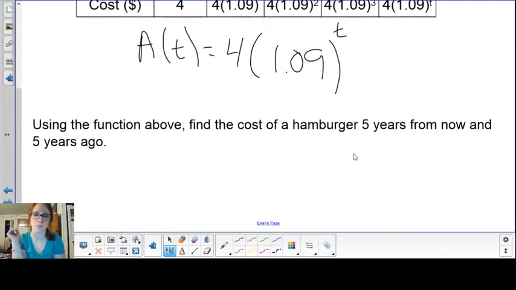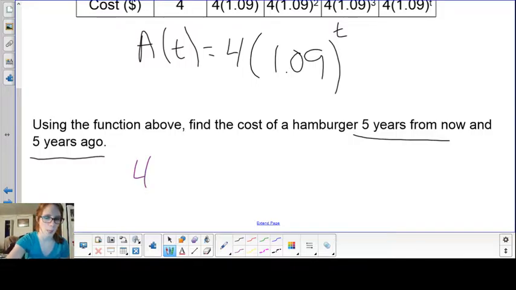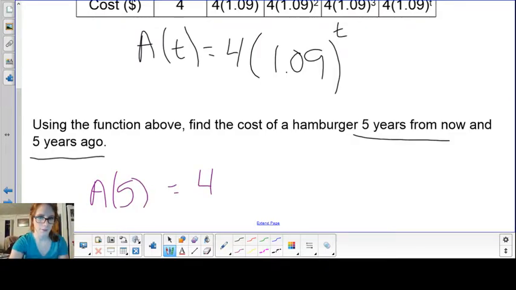Then, using the function above, find the cost of the hamburgers 5 years from now and 5 years ago. So first we're going to do 5 years from now. So because we're going in the future, my time is going to be increasing. So I have 4. Oops, that's not what I want to start with. Come on, eraser. There we go. So I have A of 5, because I'm doing 5 years from now, is equal to 4 times